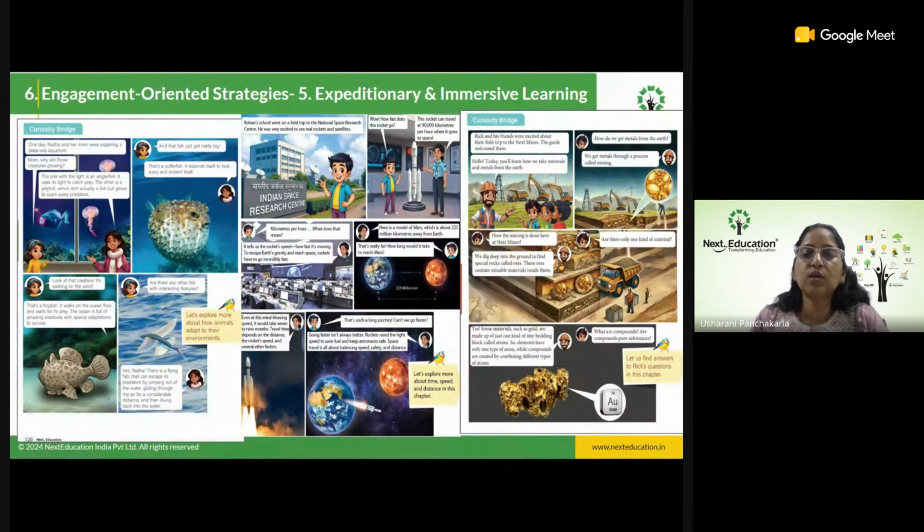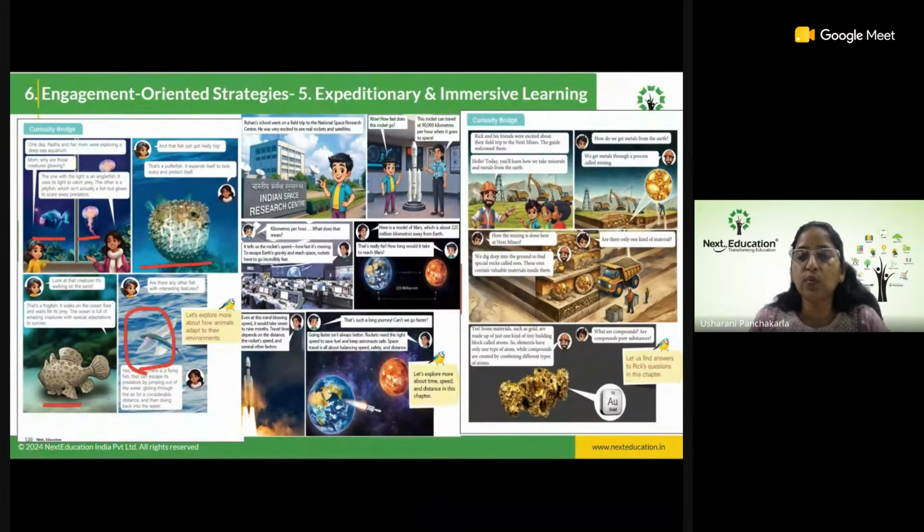In the first case, there is a story on a deep sea aquarium where a mom and her daughter have gone to a deep sea aquarium, where they have seen an anglerfish, a jellyfish, a frogfish, a puffer fish and a flying fish. The different fishes which you cannot see in one scenario, we can show in the form of a story. You can create it on your own.